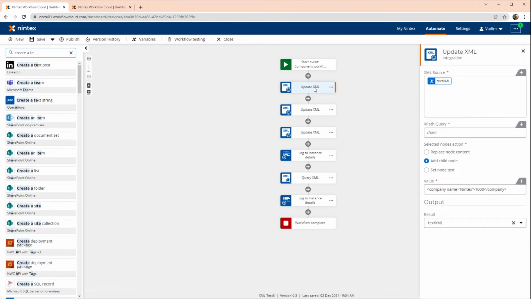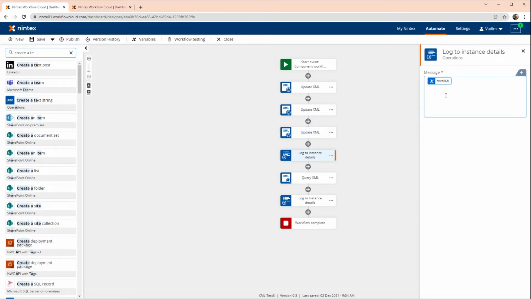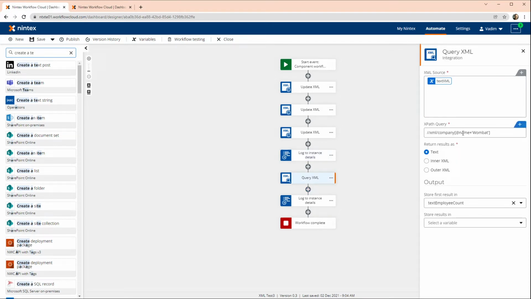And we're going to go into this update XML. I've added 3 update XML actions, and I'm going to add the nodes a little bit differently. So you can see I've got the name attribute in the company, and then inside that I have a value, and that value is going to be essentially the employee count. That could also be an attribute if you wanted to. I'm just going to show you a way of doing this. So add a child node into the XML root node. So I've got Nintex 1000, I've got another one which is Wombat 500, I've got another one which is Koala 200. Then I'm logging the XML, and then to query a specific node,